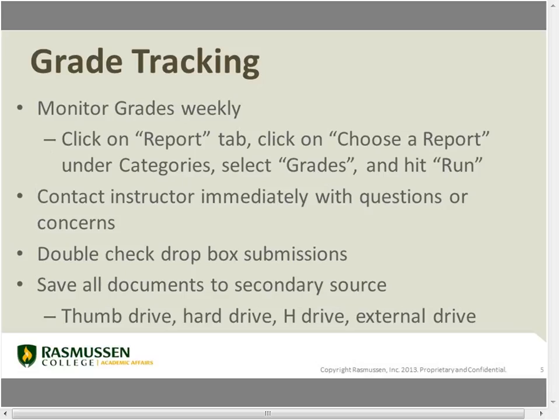I've had a couple of times in the past where I have submitted an assignment and then logged into my gradebook sometime later and discovered that it never actually got submitted. Whether that was just me or if it was a glitch in the internet remains a mystery, but the fact is I didn't get a grade on those assignments. So double check always. Make it a practice to log in like every Monday and just check that